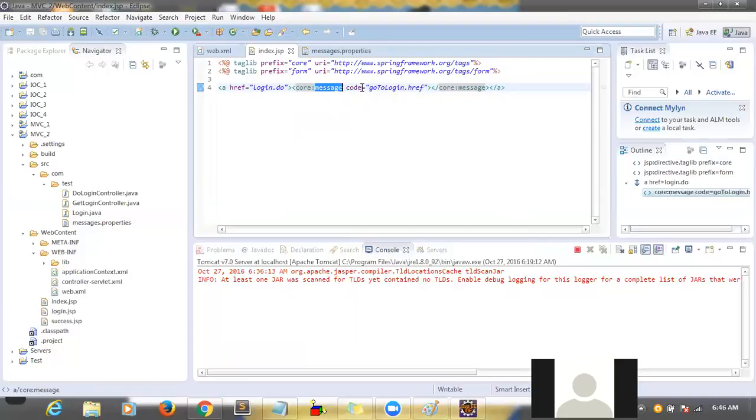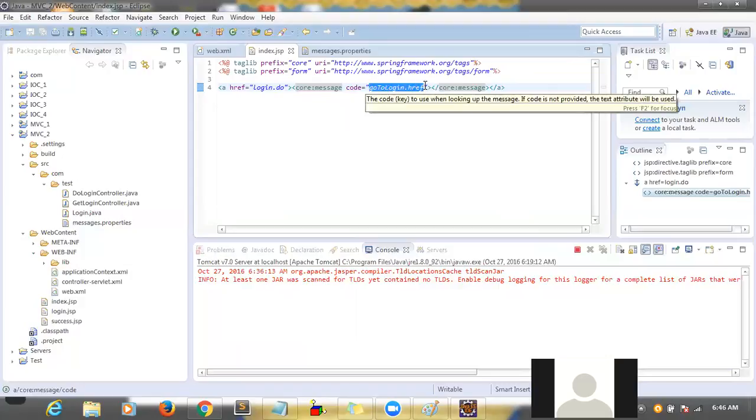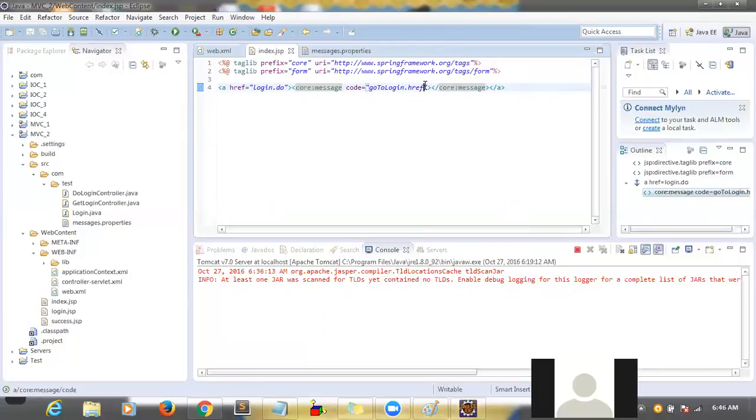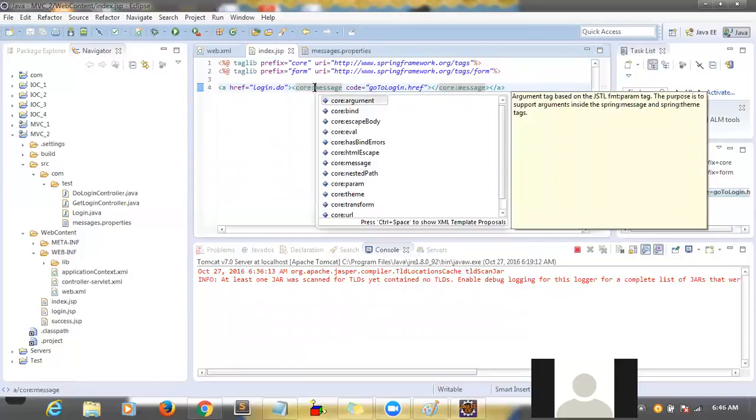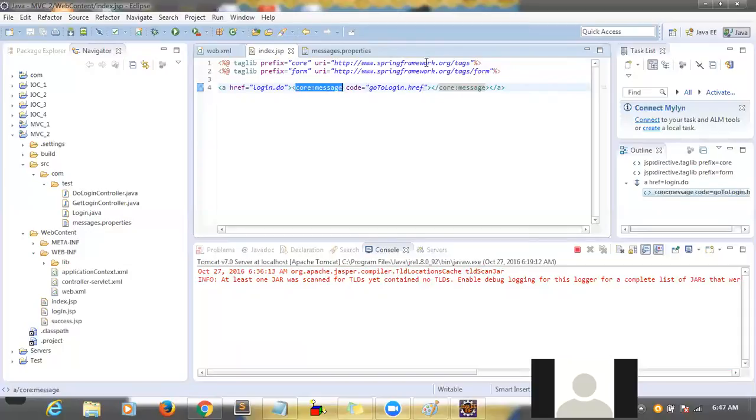If you want to read some properties file key, you have to import this taglib library, then prefix colon message and the corresponding key. So how to read? If I write the prefix colon, so many options will come. One option is how to read the messages, how to read the property file message. That prefix comes from here. Yes, this is the prefix, and how will you get this prefix? You have to use this